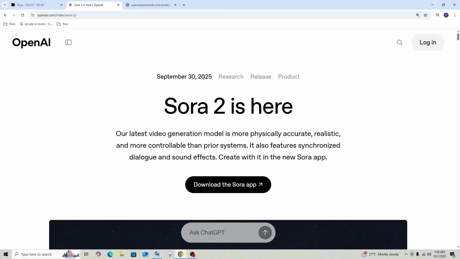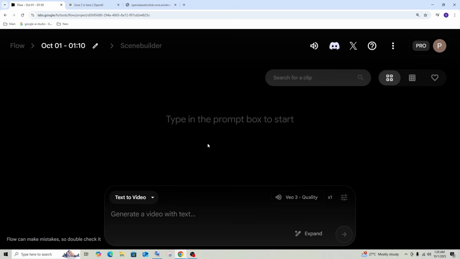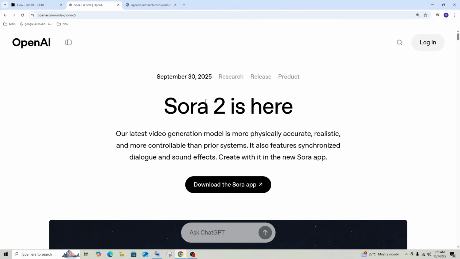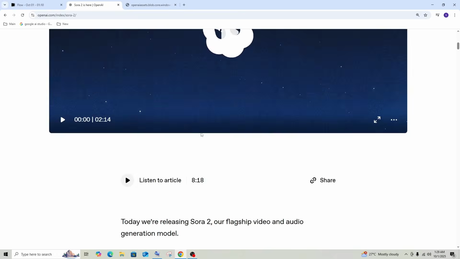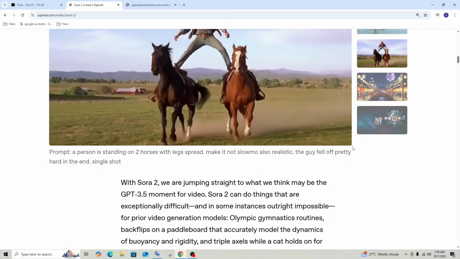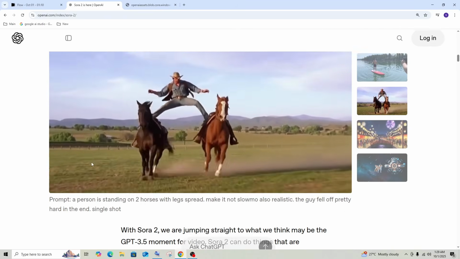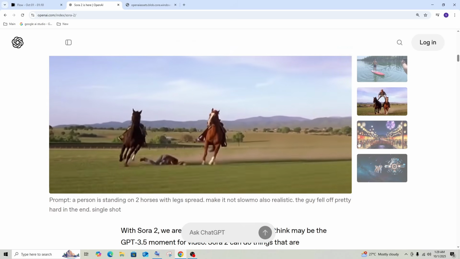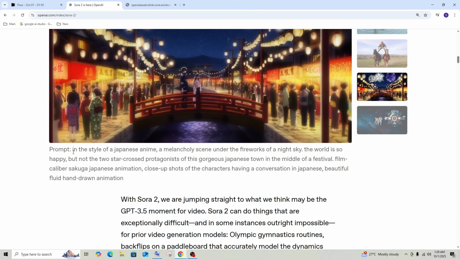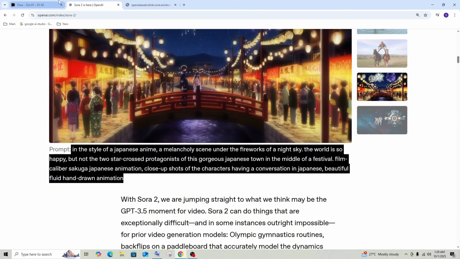OpenAI has launched the Sora 2 video generation model, and they claim it to be the best video generator out there. So in this video we are going to compare Sora 2's videos with Google's Veo 3 videos. Here I am on OpenAI's official blog for Sora 2. They have so many sample videos along with the prompts. So we will be comparing the existing videos over here, and I'll be using this particular prompt